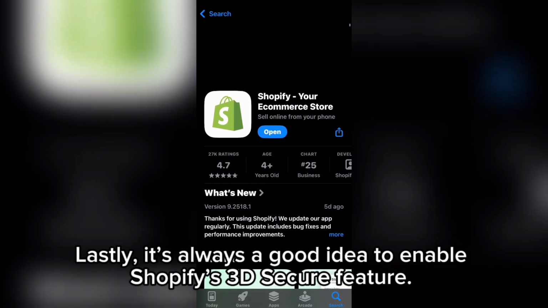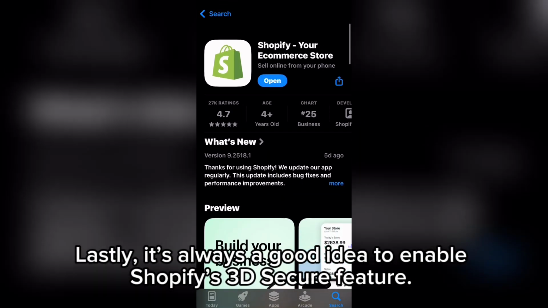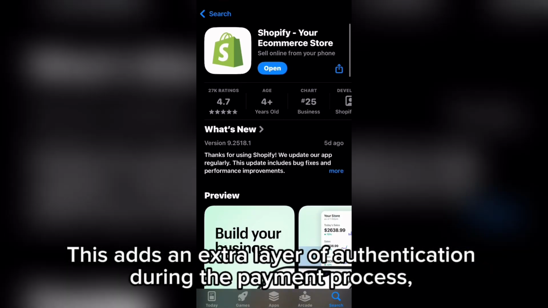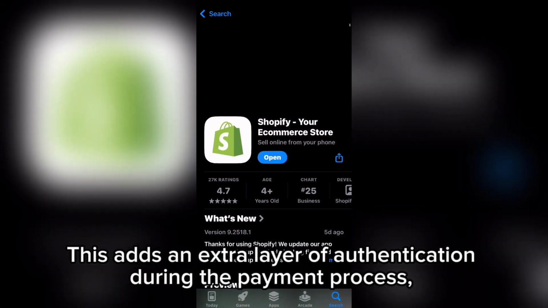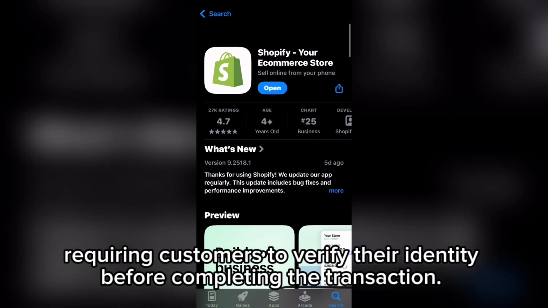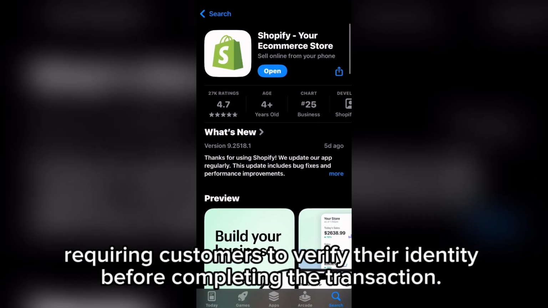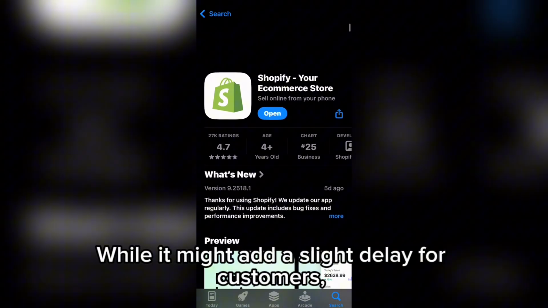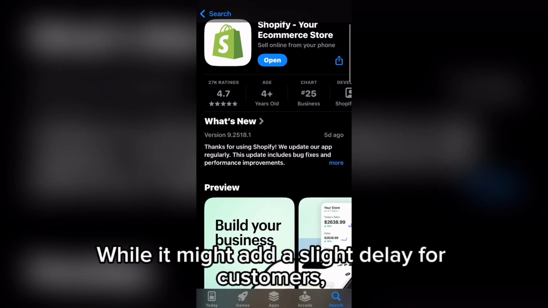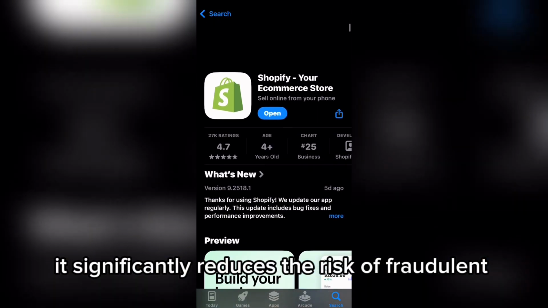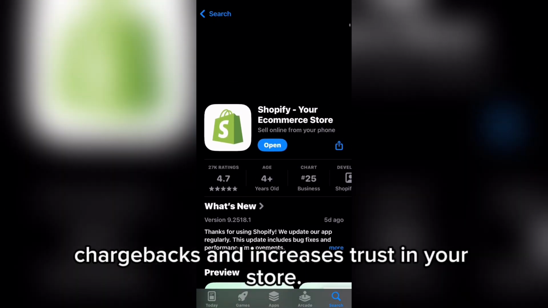Lastly, it's always a good idea to enable Shopify's 3D Secure feature. This adds an extra layer of authentication during the payment process, requiring customers to verify their identity before completing the transaction. While it might add a slight delay for customers, it significantly reduces the risk of fraudulent chargebacks and increases